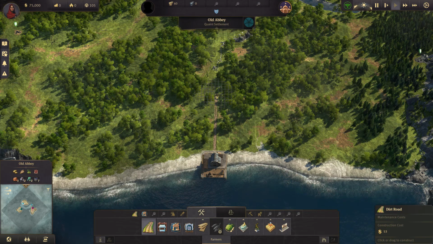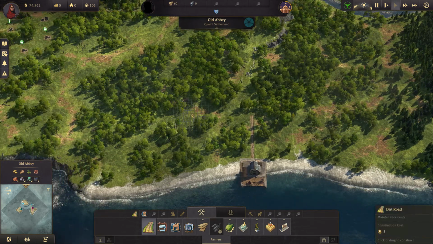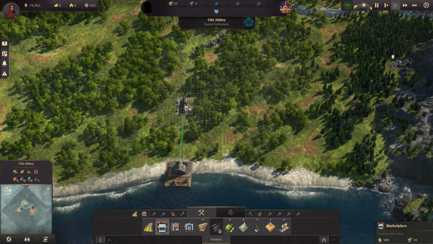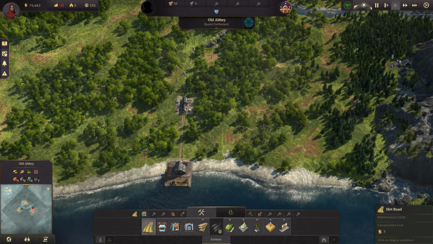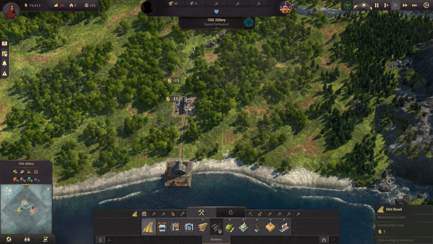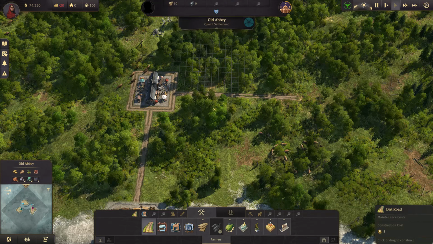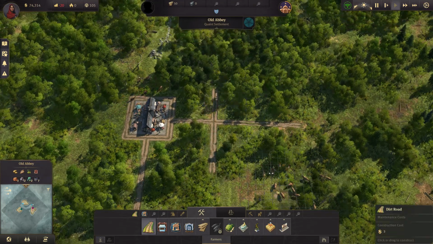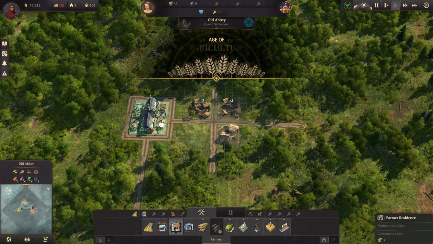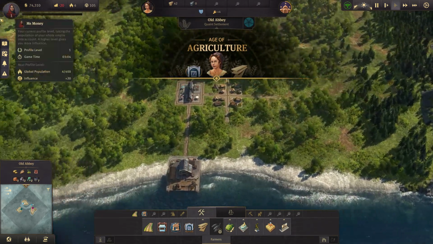So you need your roads. Now, where to put your first market? I'd like to put it here. And then we surround it with roads. So it's connected. Then make a T-junction. Four houses. Okay. Next,